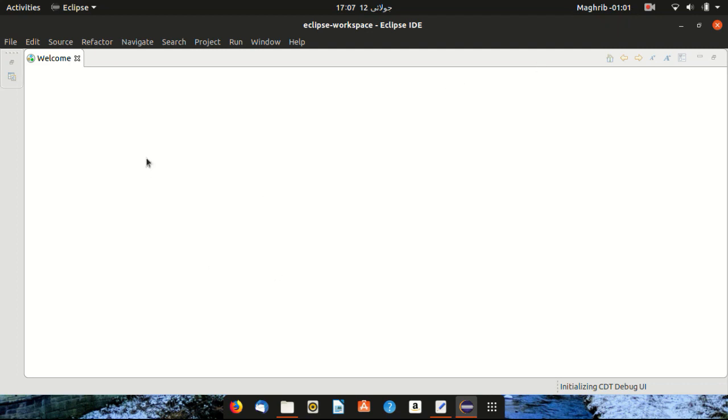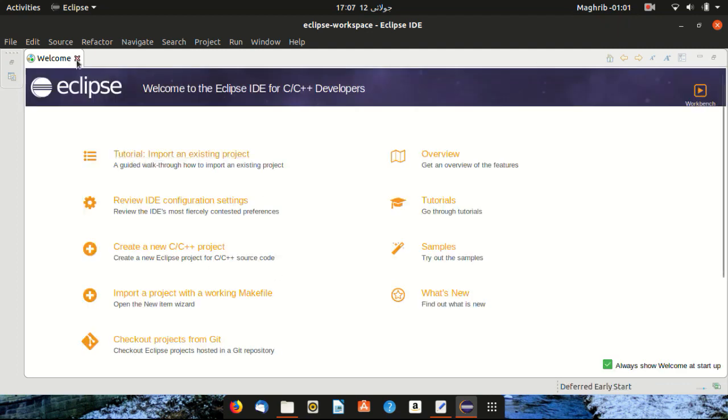Why is it taking such a long time? Okay, so I'm going to close the welcome page. If you want to see something from the company, there are tutorials. You can import an existing project, you can review its configuration and create a new C++ project, but I'll not